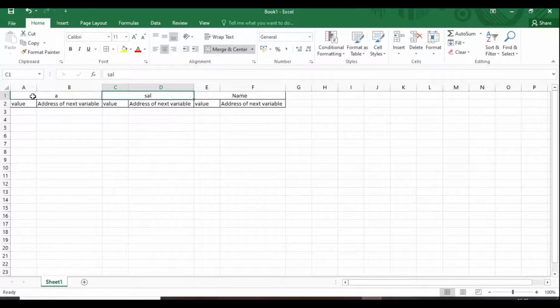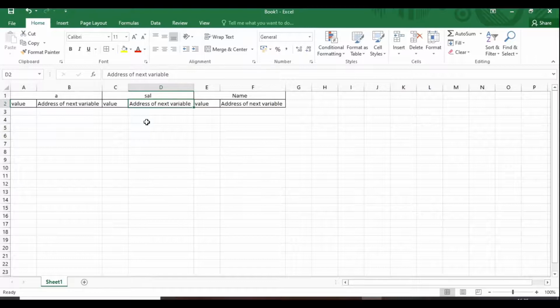Let's say this is a memory allocation, in sequential order. This is a variable, this is the next variable, and this is the location of another variable. So every time you want to get an address, it will be residing in the previous variable's location. This is how you need to understand it.